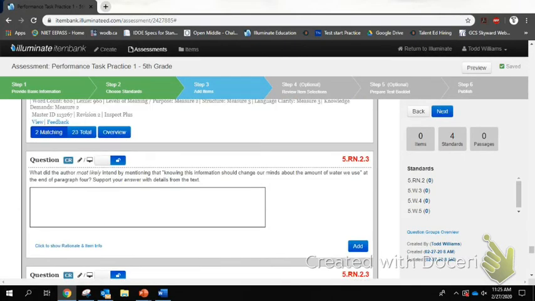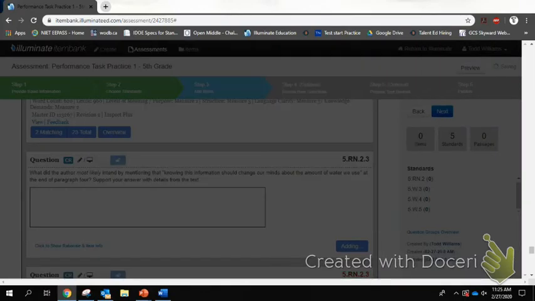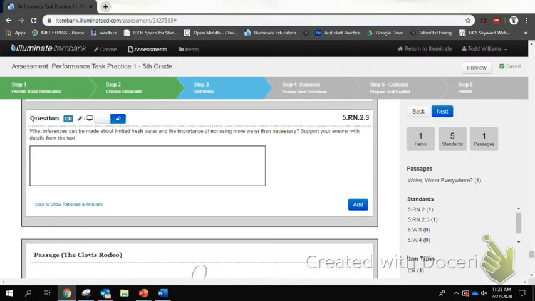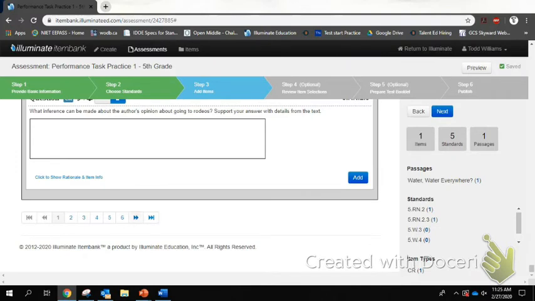So if I want to choose that particular question, all I have to do is choose this question because this is the one I'm working on. If I choose this question, I go ahead and click the add button, and it'll add both the passages and the question. Now, I could be done at this point, but I'm just going to double check and see if I find any that are just going to work a little bit